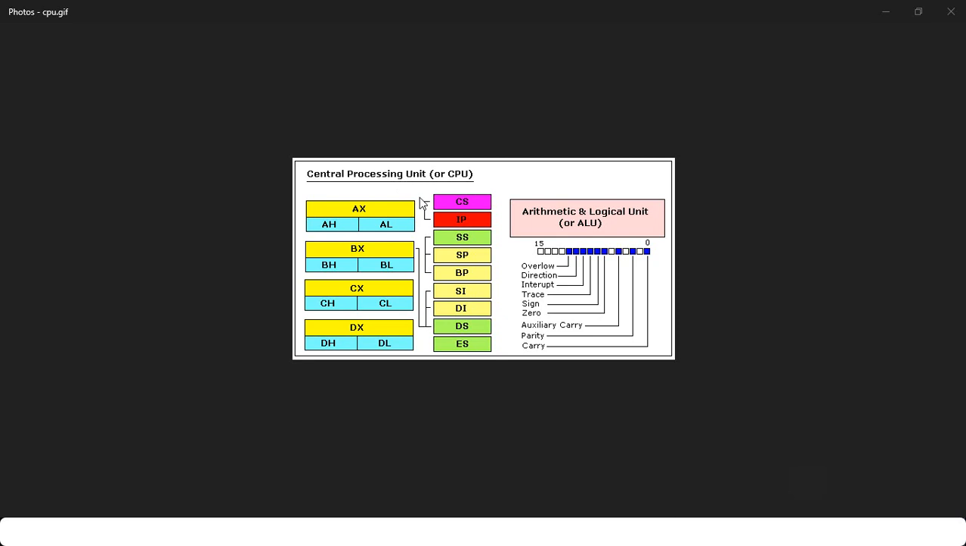We have the AX, BX, CX, DX, and all of these registers are 16-bit registers, and the AX, BX, CX, DX are divided into two registers, each one 8-bit, an H and an L. Let's first start with the AX register. It's the accumulator register, and then we have the BX register, the base register. CX is the count register, DX the data register, and then we have CS, which is only one